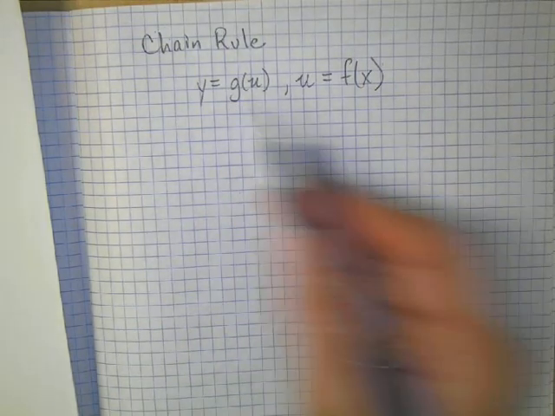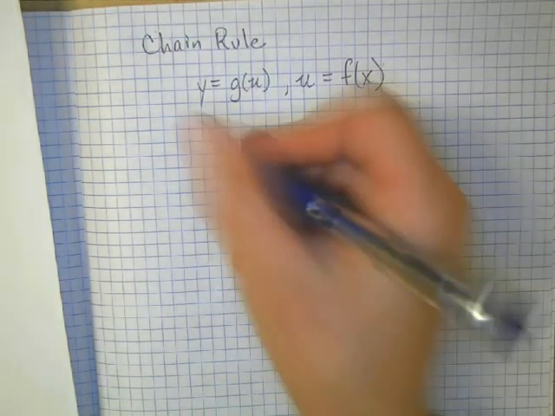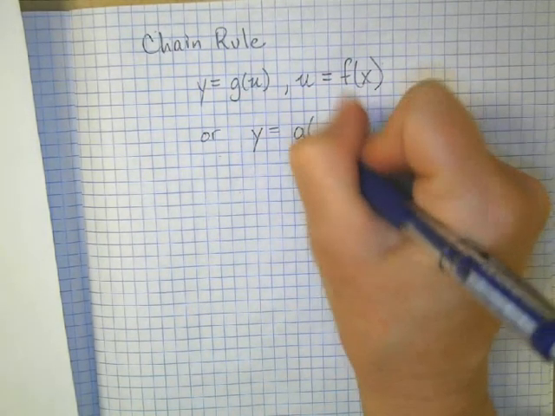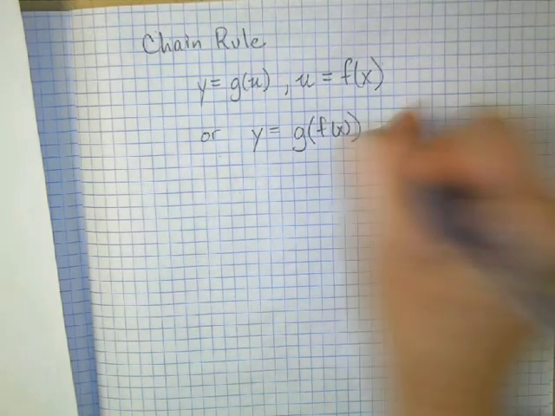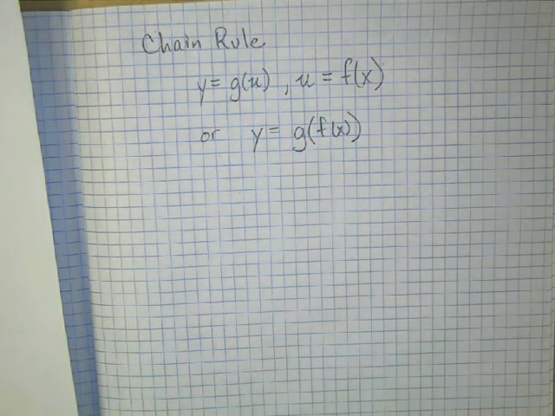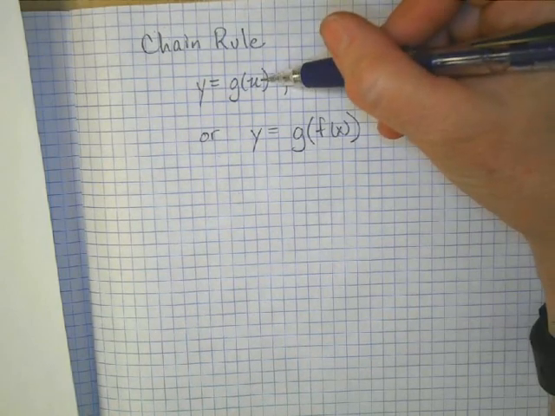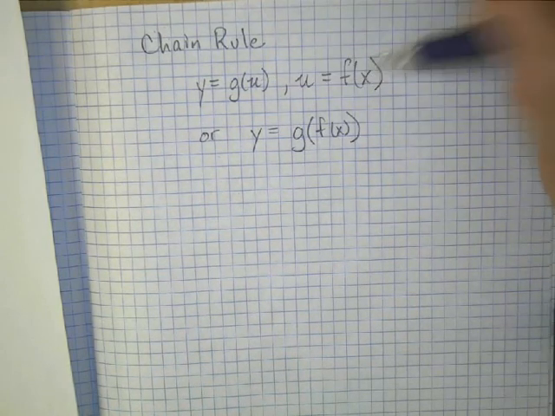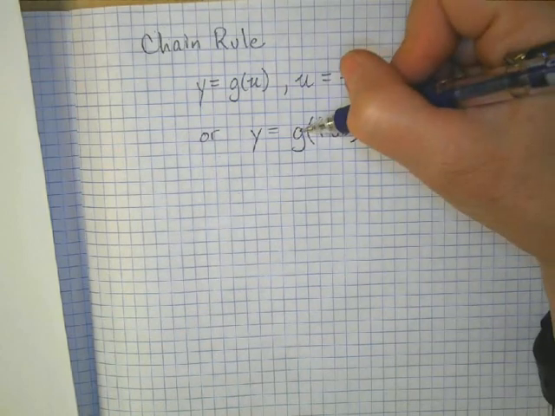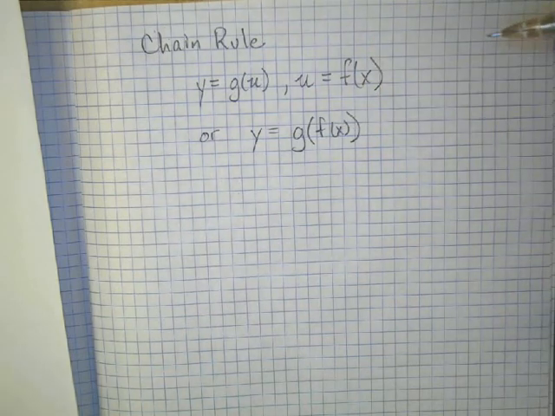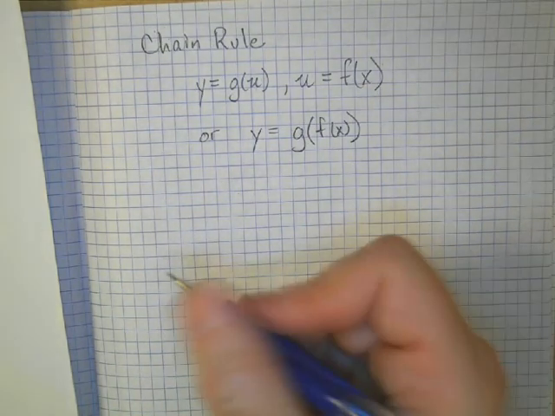So I'm going to write this another way. So instead of writing like this, I could write it as, or another way of saying this is y is equal to g of f of x. Okay, one function inside of another function. All right, so how do we get the derivative of this? The derivative is we take the derivative of the first function and we multiply it by the derivative of the second function. Okay, so we take the derivative of g of x and then we multiply it by the derivative of f of x. So the way that this looks in the formula packet is it looks like this,